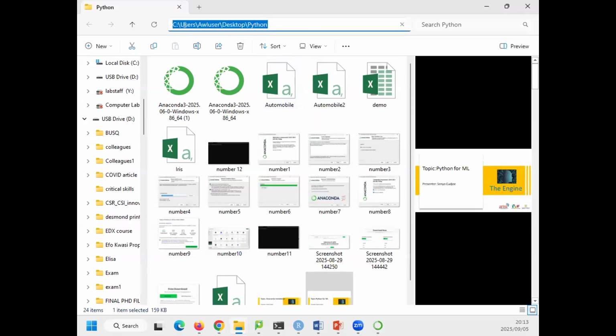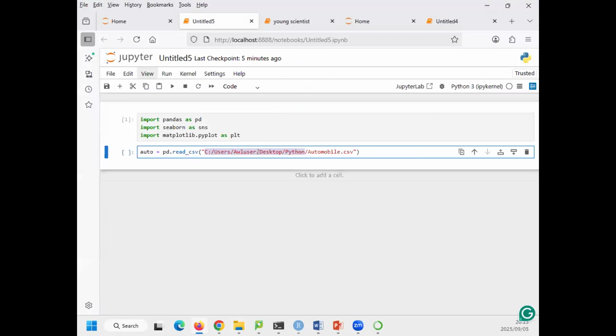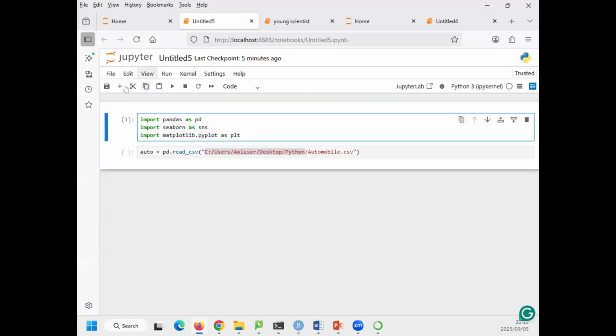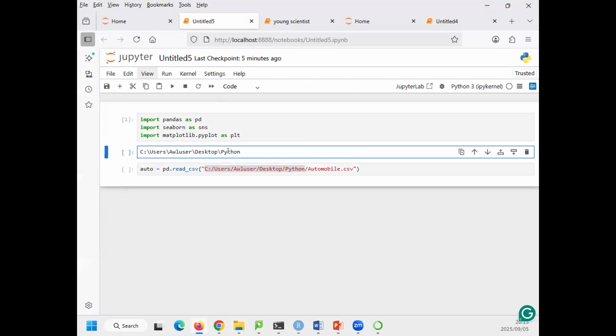But when I click, this is my path that I have put there. If I were to put another one, this is my path. But when you open the path, you realize that there is one backward slash. You can decide to go with the backward slash, but if you do, there must be two. You must double it. Each one of them must be doubled. Or if you don't want to go with two of them, you can go with one forward slash, which is what I am doing here. Now you put that